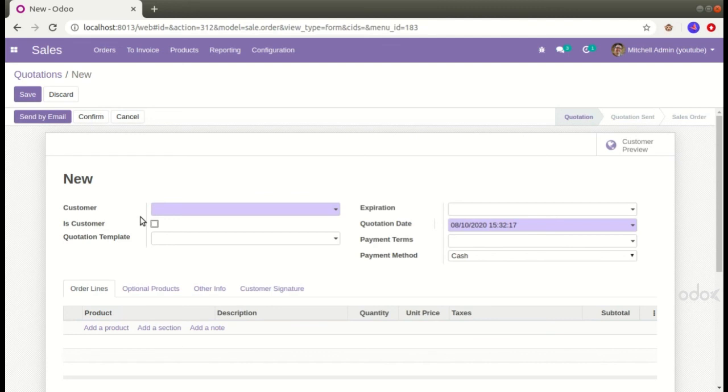So in conclusion, this is the way we are adding the custom fields into the base modules of Odoo, like sale order or purchase order. You can add the custom fields in whatever base models of Odoo. So I hope this tutorial is really helpful for you. It's an exact basic way of doing things like customizing.